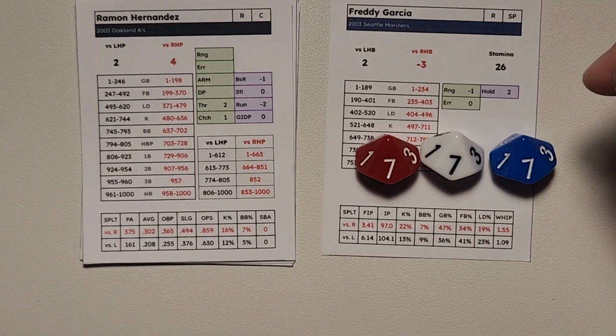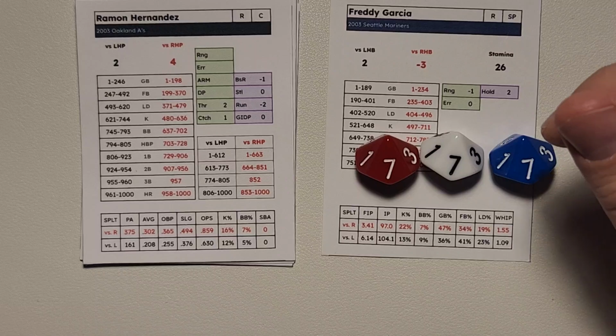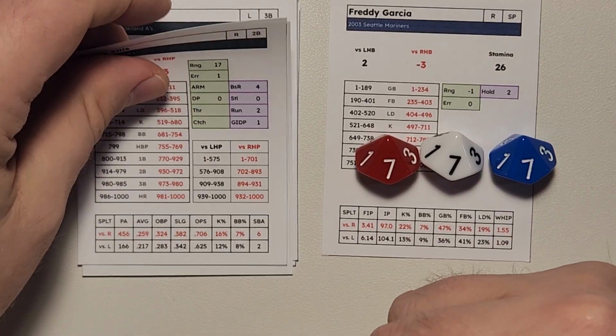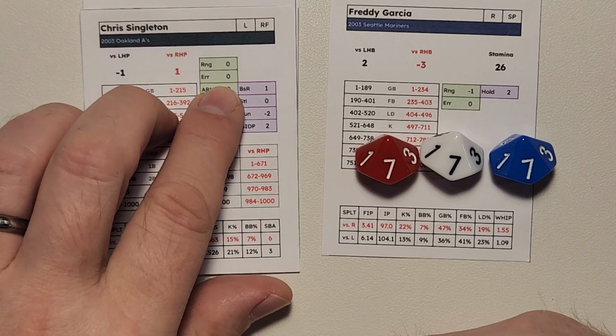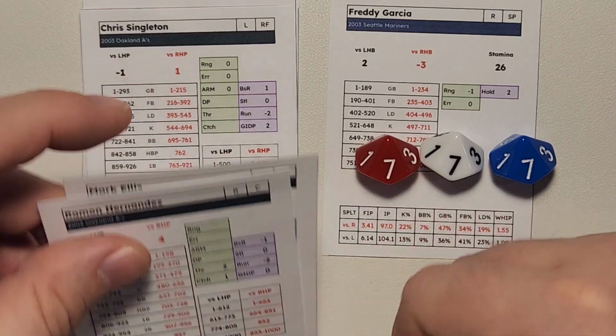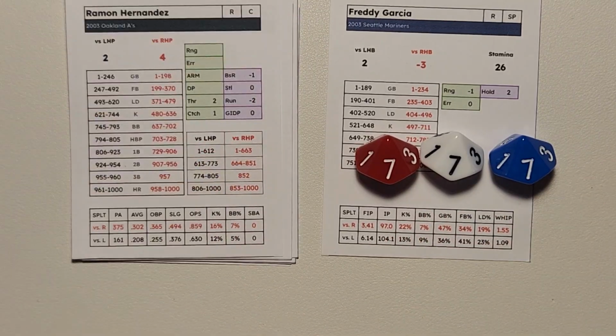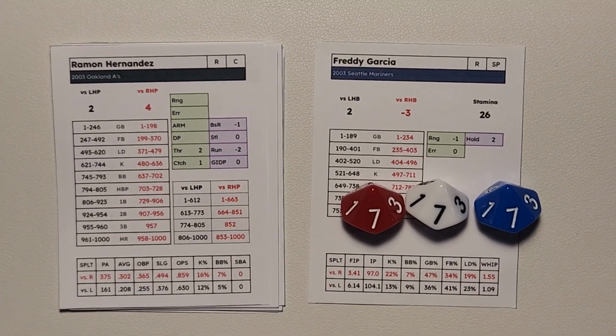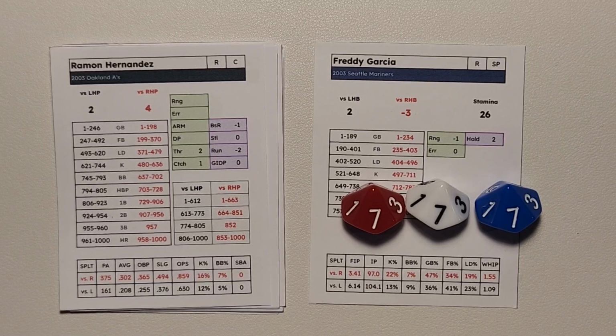And the way we do a range check is we look for the player's range, and let's say the outfielder is Chris Singleton. His range is a 0. So Singleton's range is a 0. Let's say we have a dying quail line drive to left field. We want to see did he make the play or not. So what we want to find is